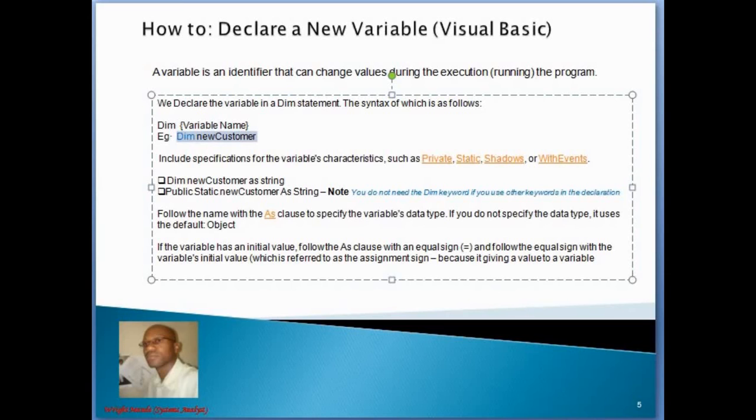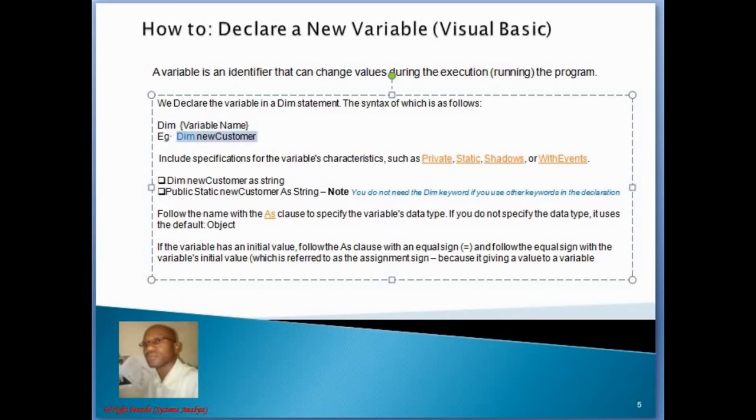And remember, if you leave it like this, .NET takes it by default that the new variable we defined is an object. So it will give it the data type Object. So basically we need to specify data types always as we work on our